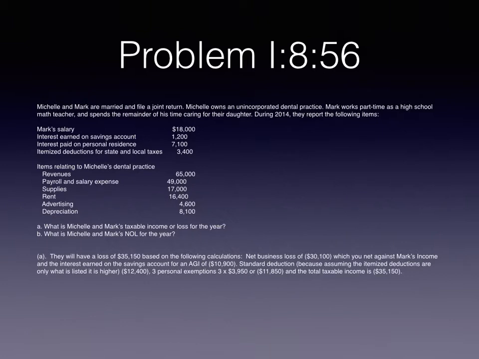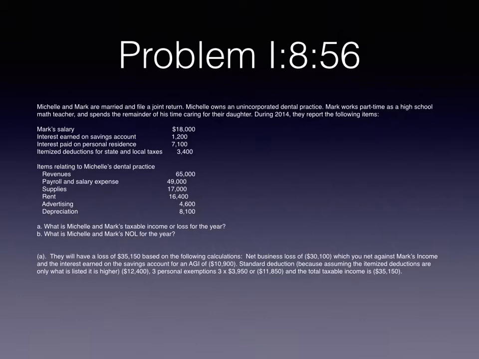If you net out all the items that are showing there in relation to Michelle's dental practice, so you take revenues, subtract out all the expenses, you're left with a net balance of a loss of $30,100. You use that $30,100 to net against Mark's salary and the interest on the savings account, and when you net those two together, you're left with an AGI of